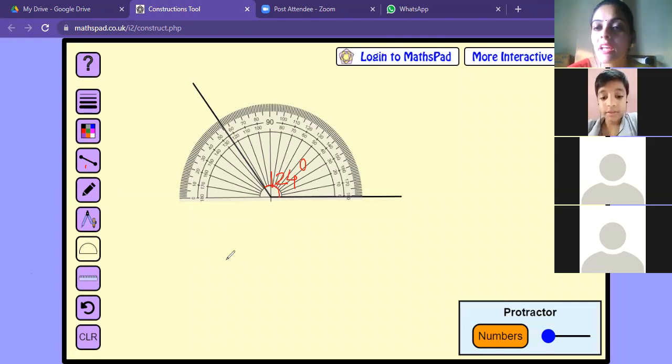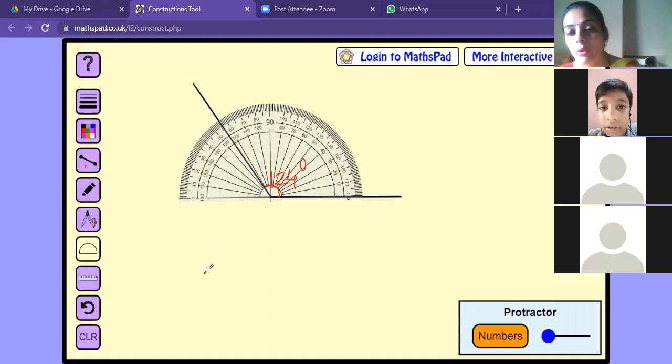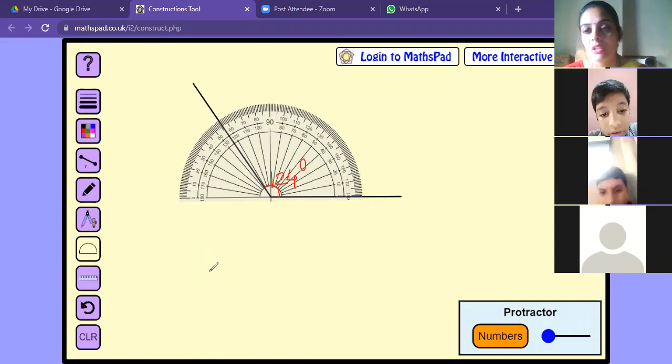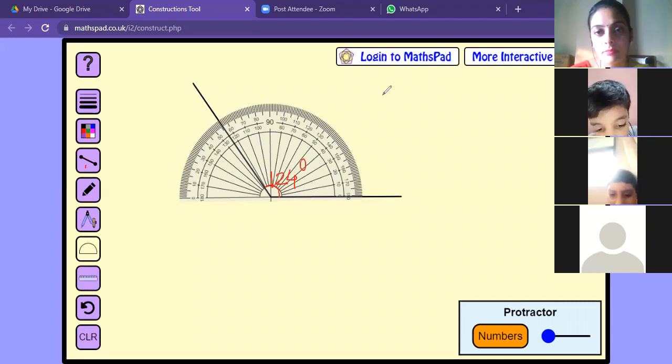Yes, teacher. Clear now? So this is about how to use a protractor to measure an angle, right? If an angle is given, you have to measure it. If you are asked to draw or construct angles like 90 degrees, 80 degrees, 120 degrees, then you have to draw a line, place your protractor and connect the other line and you will get the angle. You can label the angle any way. Is it clear, both of you? Yes, teacher. Okay. Let's start the next lesson.